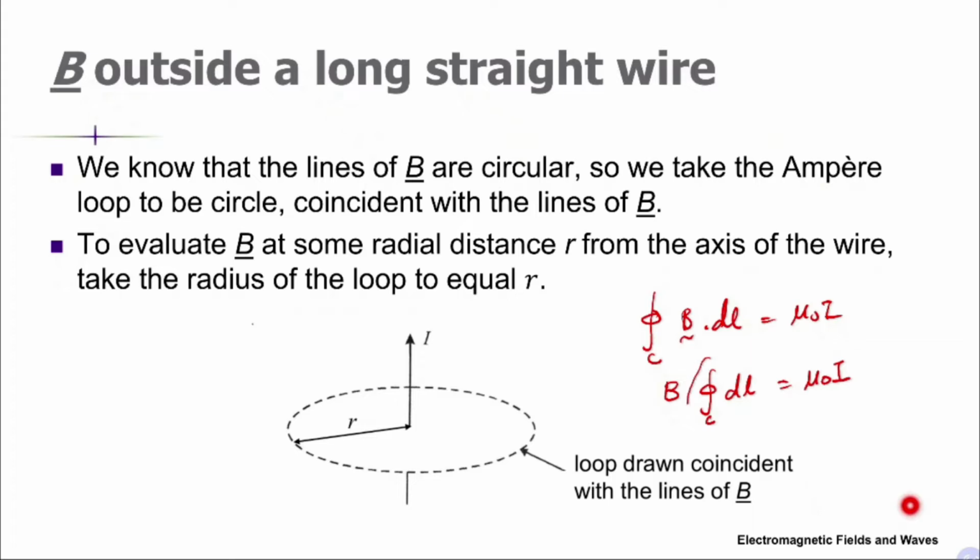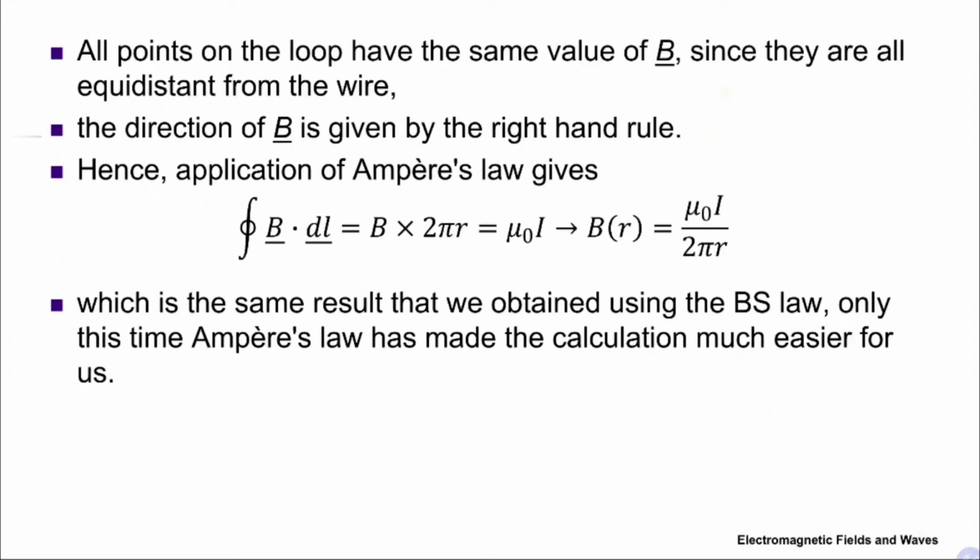And therefore this integral is simply the length of the loop, which is the perimeter of the circle. So that integral will be 2 pi r. All points on the loop have the same value of B since they are all equidistant from the wire. The direction of B is given by the right hand rules, and applying Ampere's law, we can take B out